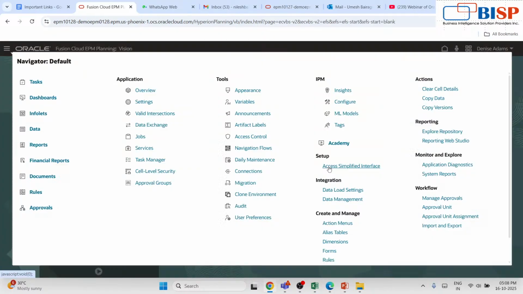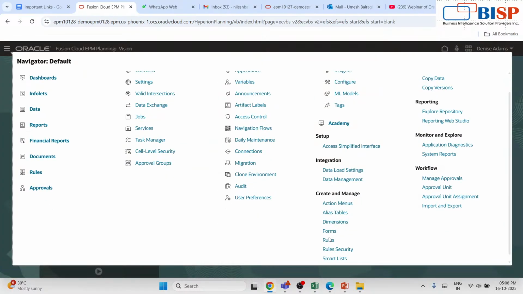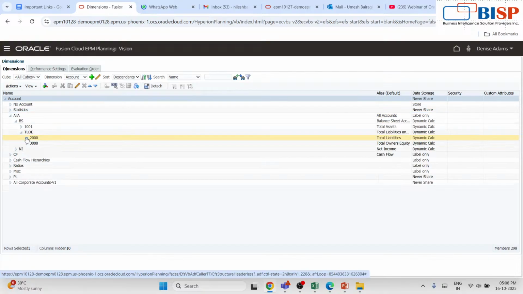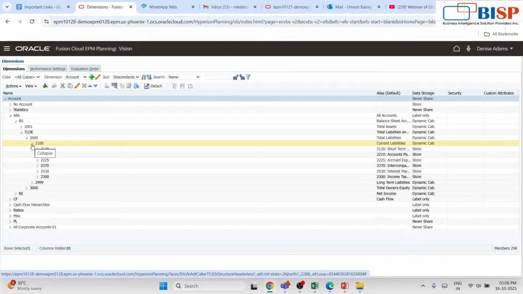Here firstly we will click on the 3-line navigator, and then we will go to the dimension. Here under the dimension we can see the account section. Under there are areas, here the balance sheet, and there are also assets and liabilities. Here we will see the liabilities and owner's equity. When we further drag it, there is current liabilities and long-term liabilities. When we further drag this, then under the current liabilities we can see,